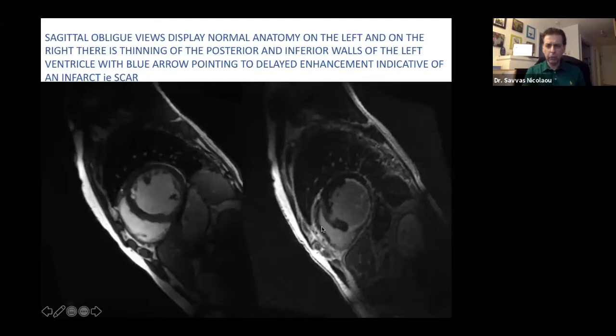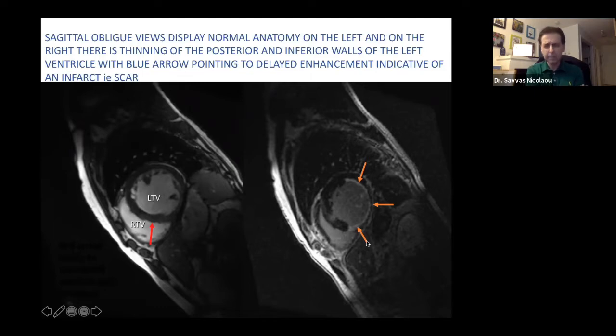In this particular example, on your left is what I would ask you to concentrate on. We have a sagittal oblique image. And what we can see on your left-hand side is the left ventricle in short axis. We can see the myocardium anteriorly along the septum and lateral wall. However, along the inferior wall, it is very attenuated, very thin, and we see a bright focus, a curvilinear bright